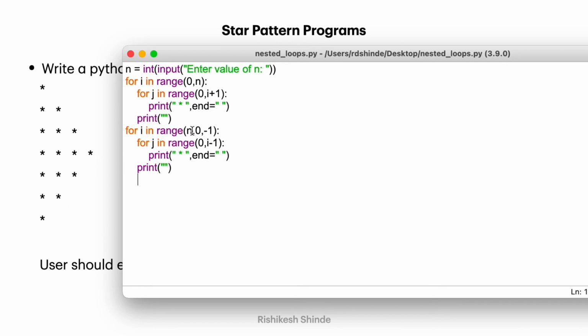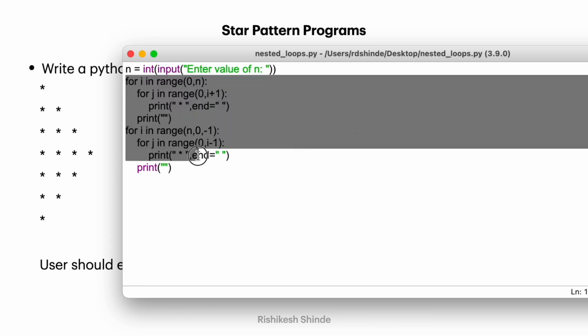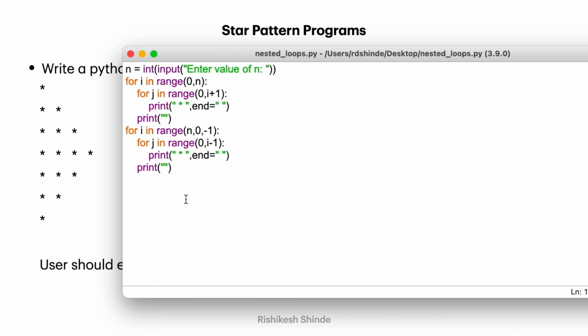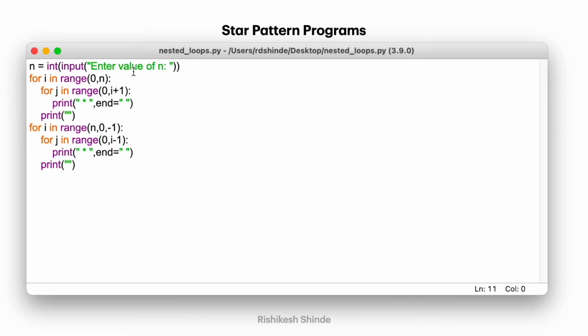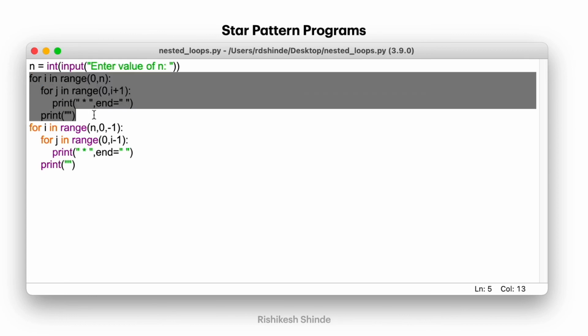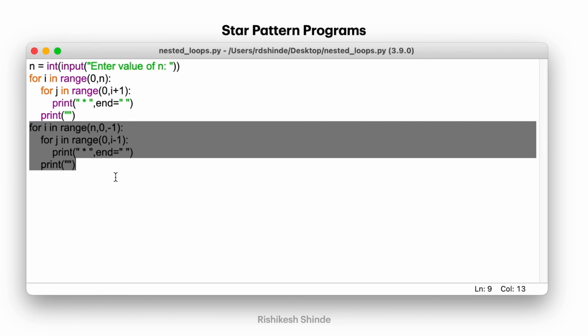The main difference is here, from n to 0, because in the last program we had n plus 1 and we had 0, but we don't want to repeat this row, so here we are going from simply n to 0. So this is the main difference, and we are simply writing the same code from our last examples. If you are not done with the last two examples, then I request you to please visit those sessions and go through the code. I have explained this and this code separately.